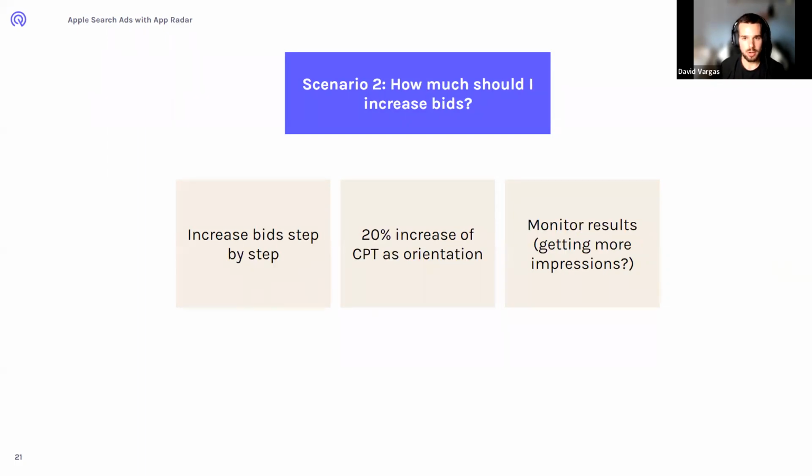Cool. The second scenario is how much should I increase the bids? In this case, obviously, we always recommend to increase the bids bit by bit, step by step, because the last goal of a user acquisition strategy is to stay with the highest control possible. As an average recommendation, we play with a 20% increase for the CPT, but you also have the CPA